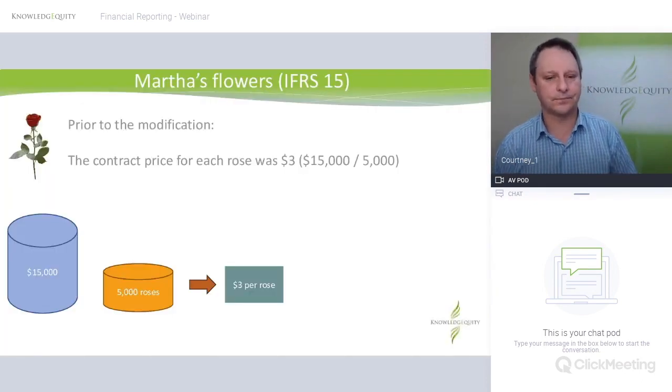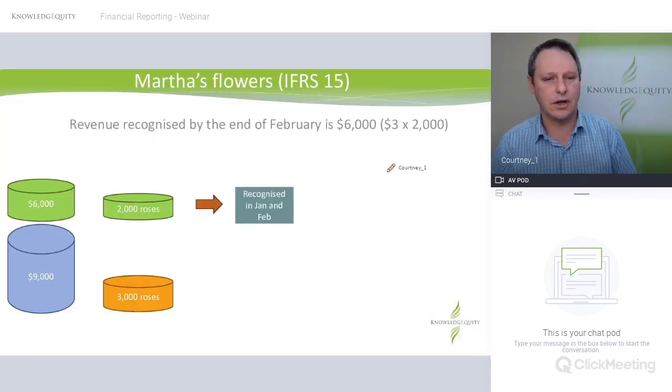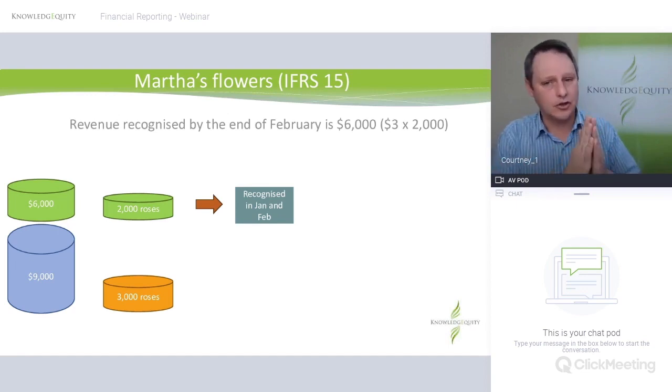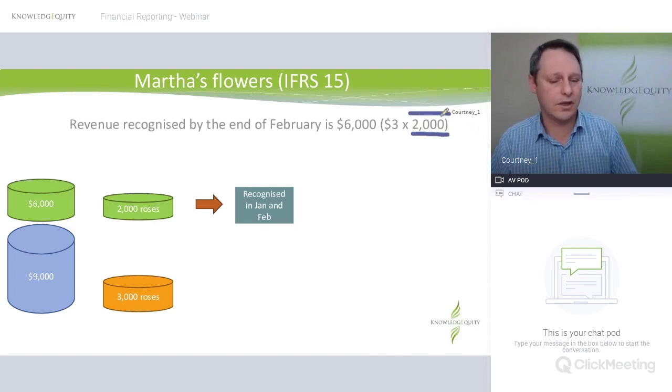That's the key question. So prior to the modification, each rose was priced at $3, calculated as we showed earlier. But then we ask, well, how much revenue has been recognized? In January, 1,000 roses at $3 each, $3,000. February, 1,000 roses, $3 each. So January and February combined is 2,000 roses, is $6,000. That would have been recognized. Now, because we are not doing a retrospective adjustment, this stays in place. So how do we recognize the remaining